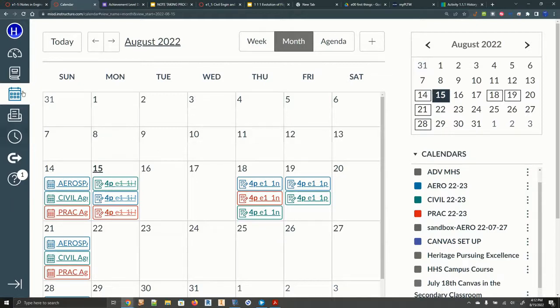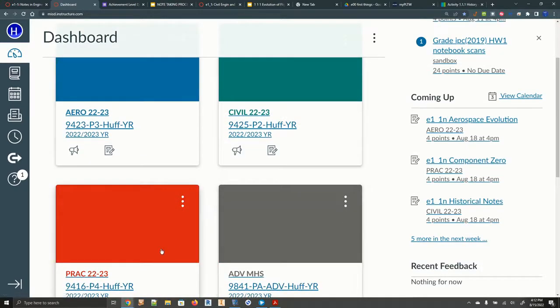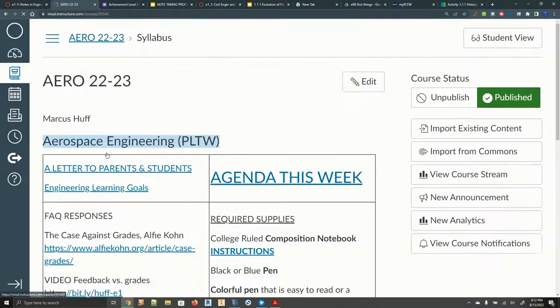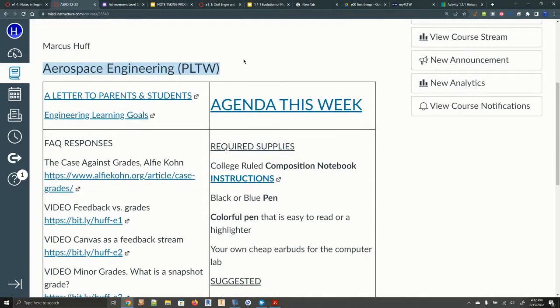So I want to point out that the Canvas calendar is kind of deceptive. What I need you to do is go to the dashboard, and then we are going to look at aerospace. But civil engineering and practicum and STEM are very similar. If we go look at aerospace, and go to the home page, you'll see right here on the syllabus,